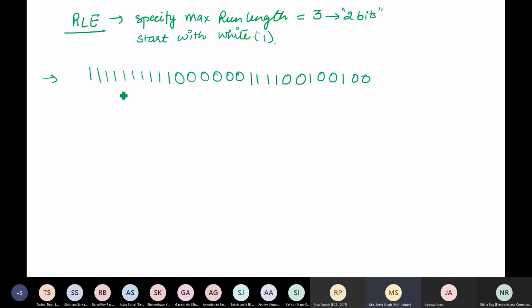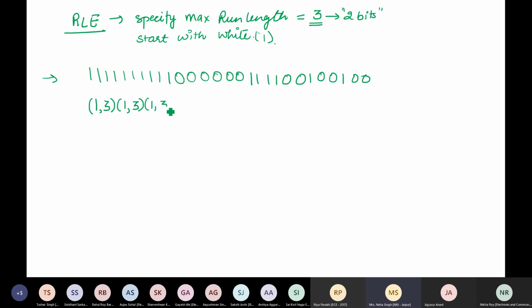So I simply count the run of white, that is 1, 2, 3, 4, 5, 6, 7, 8, 9 and 10. But what is the maximum run length I can have? I can have a maximum run length of 3, right? So I say white has a run length of 3, followed by the second ordered pair. 1 again has a run length of 3.